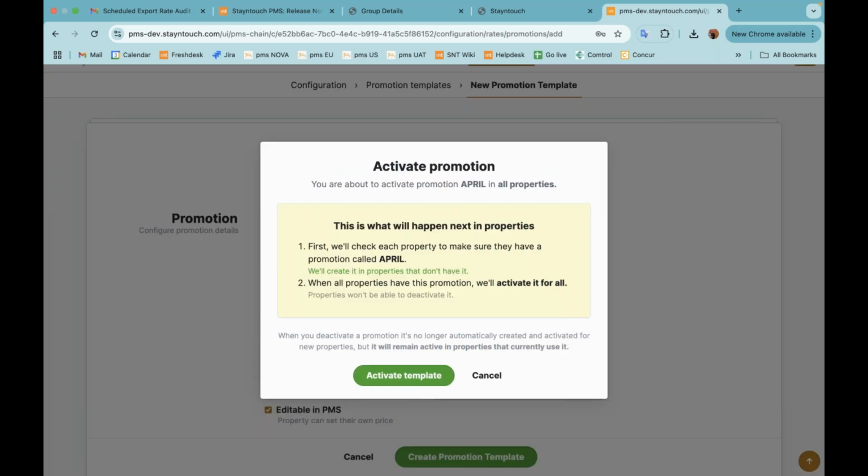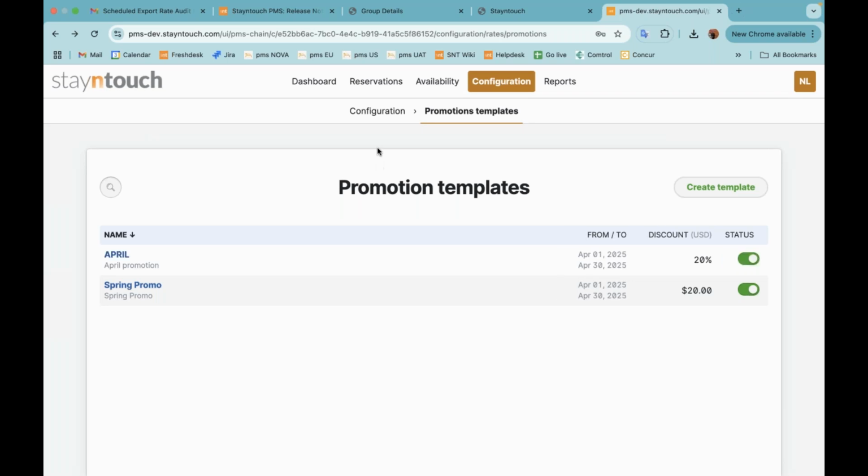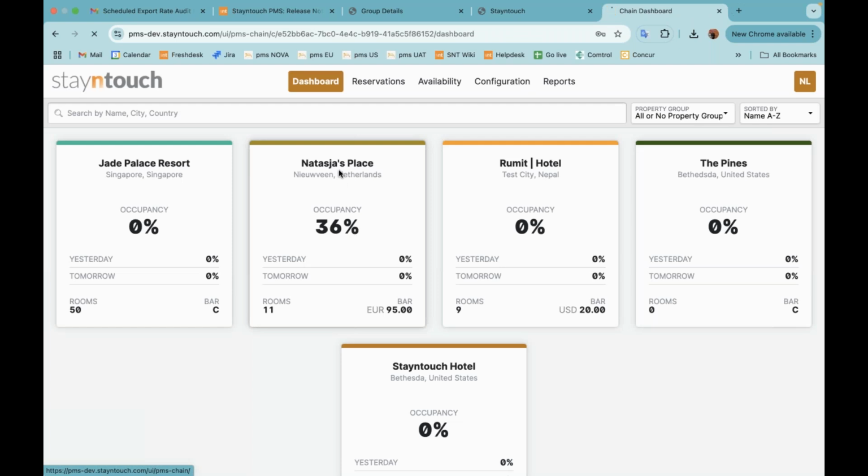When I create a template, I get a pop-up that will tell me what is going to happen next. So if it already exists, then we leave it. If it doesn't exist yet, we are going to create it, and then we'll activate it for all. And then properties won't be able to deactivate this. So I'm going to activate template. We can see this sync over here. I'm going to give that a moment, and then I will show you that it's going to be in my property now. So when I go to my property,